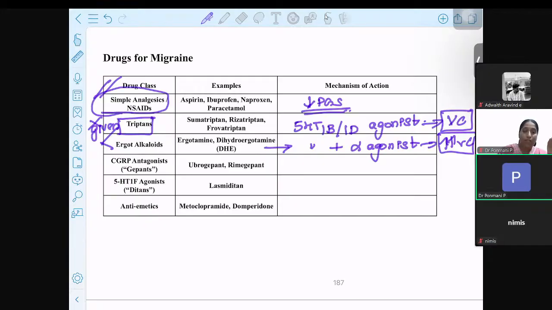And now coming to our new drugs. We saw triptans, right? In a similar way, we have gepants and ditans. What are gepants? They are CGRP receptor antagonists. Under this, you have two drugs, which are ubrogepant and rimegepant. And you have the 5-HT1F agonist, which is the ditan, lasmiditan. So these are the gepants and ditans which are used for treatment. So remember, triptans for